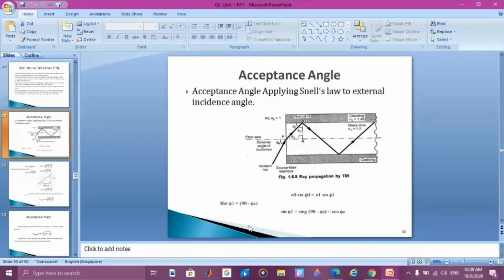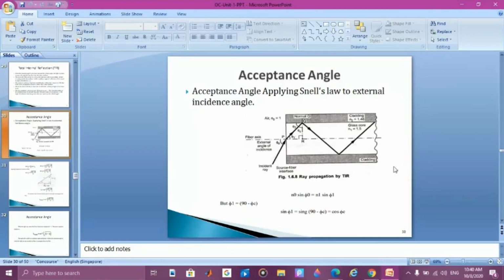Okay, suppose a light wave is incident on the fiber, touches it, goes inside and is transmitted; how does it travel? So this is the incident wave. It travels through this axis, the fiber axis. Then this angle is denoted phi 2, the angle of reflection. Then it is transmitted through the cladding to this point, gets reflected here, and then goes again like this. Now the fiber is cylindrical, imagine it as cylindrical. So when it goes inside, we denote how it bends and how the light wave travels.